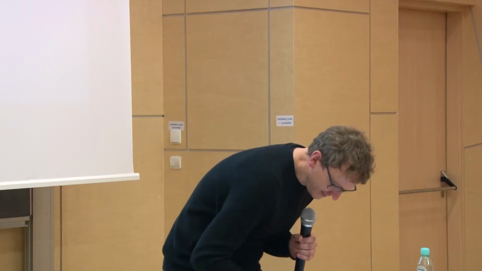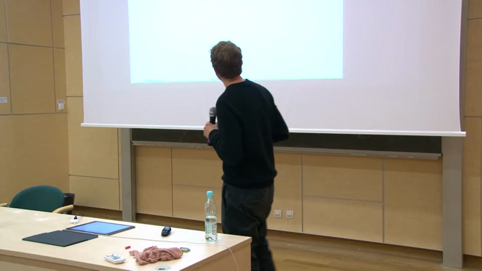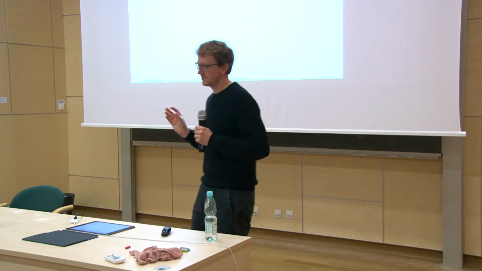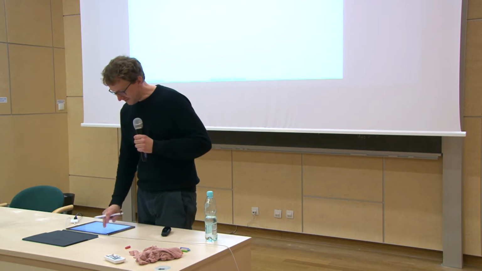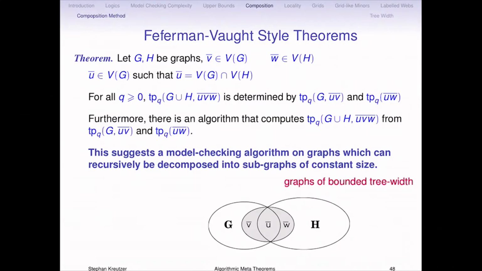No, I'm trying to ask not whether you need them or not. I'm trying to understand why the theorem says that you need more than the overlap. No, the theorem doesn't say anything. You can just drop them. Yeah? For the theorem to be true, you need the overlap U. Yeah, and V and W you don't care. Yeah? But it's just a more powerful theorem, yeah?